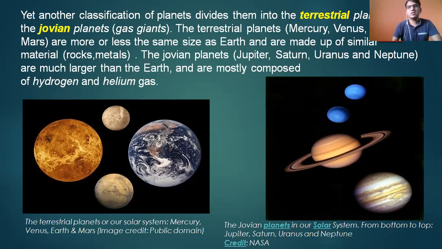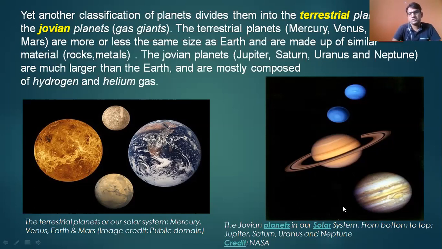They are based on the rocks and the metals. So you can see here, these are the terrestrial planets in our solar system: Mercury, then Venus, then Earth, then Mars. These are the terrestrial planets, based on the rocks, because they have hard material and metals, and these are the